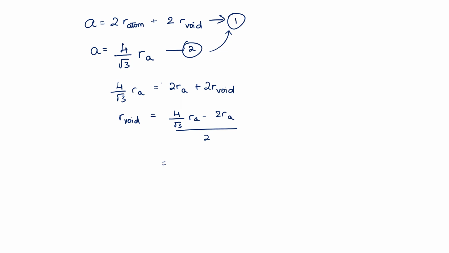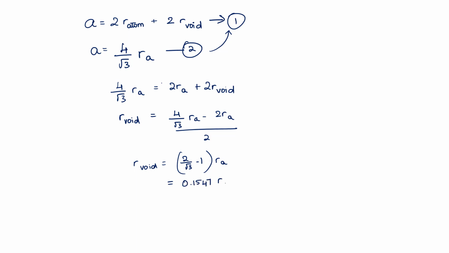So the radius of the void is equal to 2 by root 3 minus 1 times Ra, which on solving gives